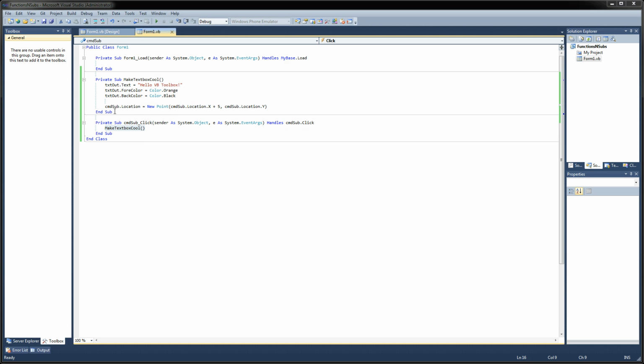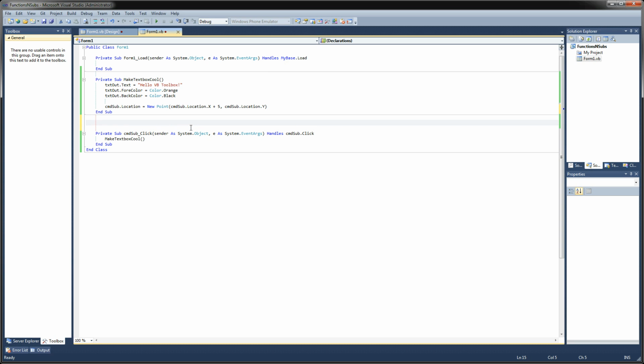So now that we understand what subs do, let's have a look at what functions do. I'm going to drop down below my first sub here, and I'm going to do the same thing. I'm going to create a function. I'm going to make it private, or if you want, you can make it public. It doesn't matter. It's not going to hurt anything. So instead of creating a sub, I'm going to create a function, and I'm going to give that function a name. And what I want to do is find out what day of the week it is. That could be fun. So let's say get day,